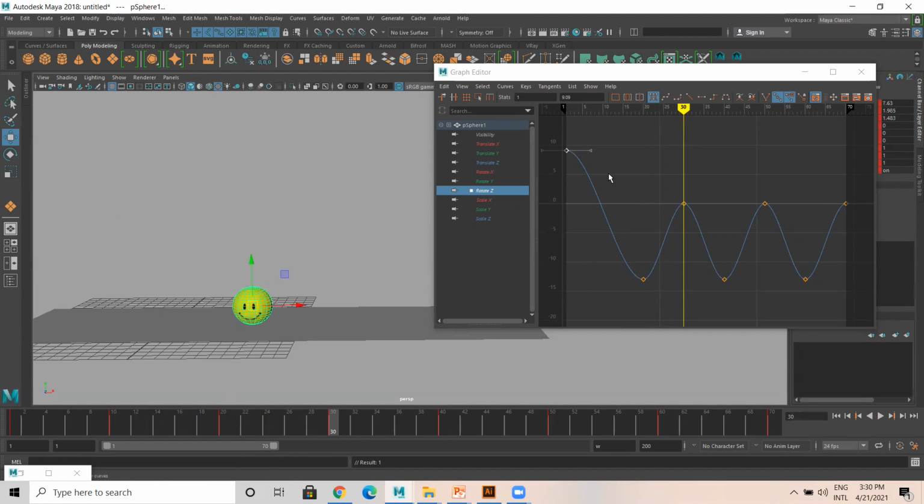So that is, okay, I'll give 13. Set key. So this also select this value 13. I think this is fine.